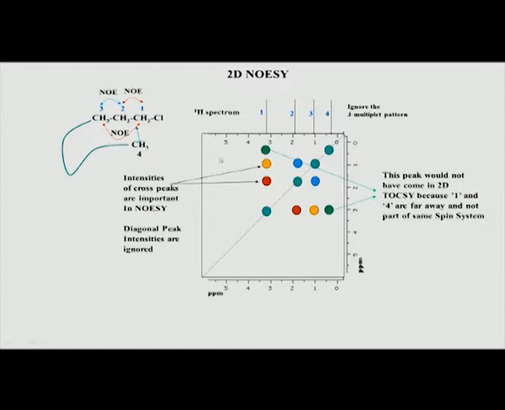Now, how do we get the distance information? That is what is shown here, and again we will see in the next slide that the intensity of cross peaks is very important in NOESY. The intensity means the volume, the area of the peaks. If I integrate this peak, whatever area I get has some relation with respect to distance. But remember, as I said, diagonal peak intensities are ignored because a diagonal peak has no information, it is only telling me this 4 is close to 4. What is that going to help us? It is not going to help us. Similarly, 3 is with 3, so that has nothing additional. So, diagonal peaks are ignored when intensities are concerned.